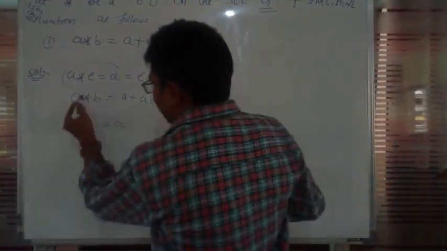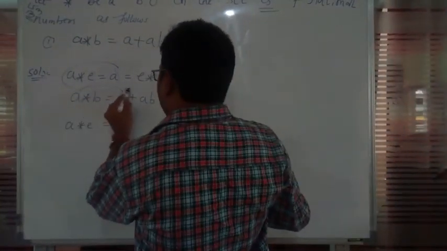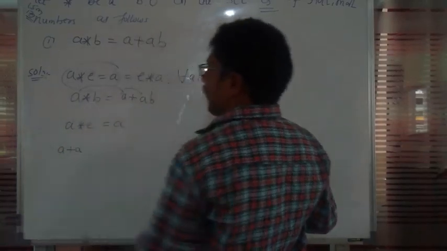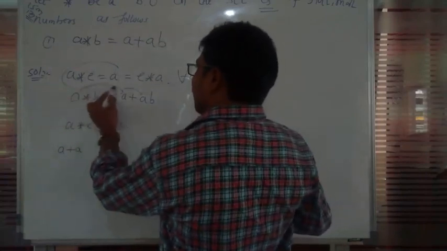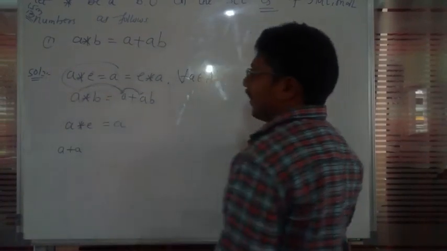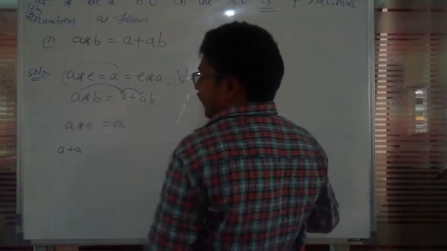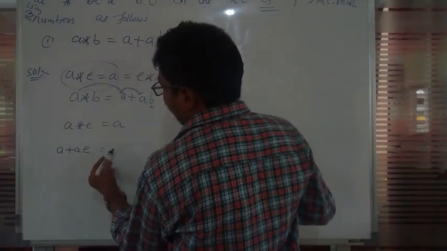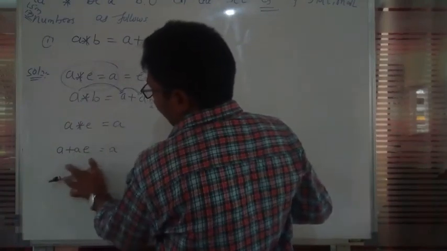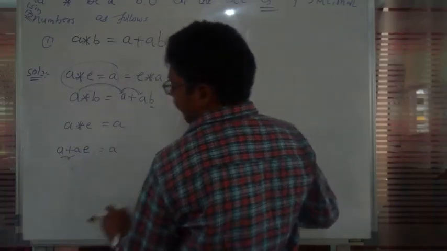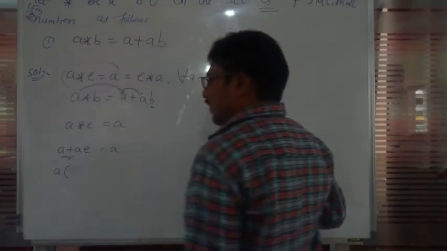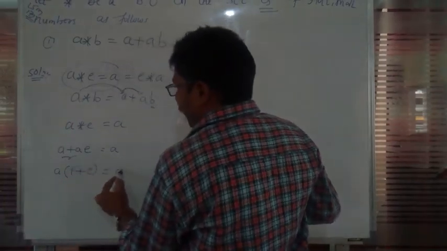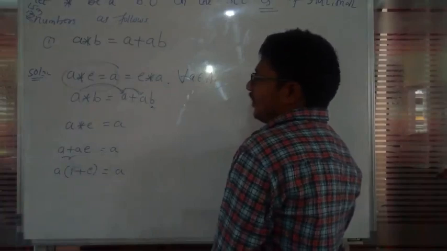So here in the placement of A, here A is there, and here also A is there. In the placement of A, we should take A plus A. In the placement of B, E is there. That's why in the placement of B, we should keep E, equal to A. What happened? So in between these two values, what is common? A is common. That's why I should take A as common. What's remaining? If suppose A is taken outside, 1 plus E is equal to A, and what happened?